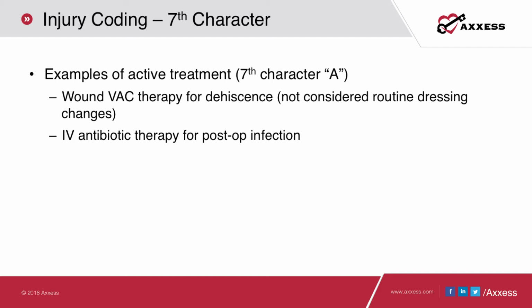Another example is IV antibiotic therapy for a post-op infection. So if we have a patient who had surgery, it's well documented that there is an infection as a complication of surgery. We're still doing IV therapy for that infection in the home. Again, you would have a complication infection, post-operative, then you would have an A for active treatment in the seventh